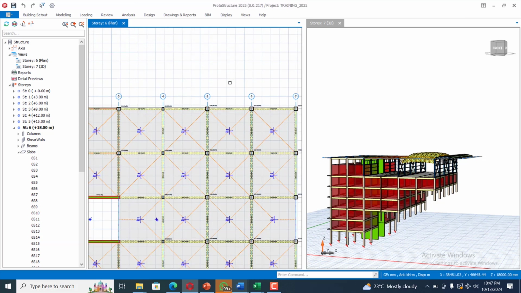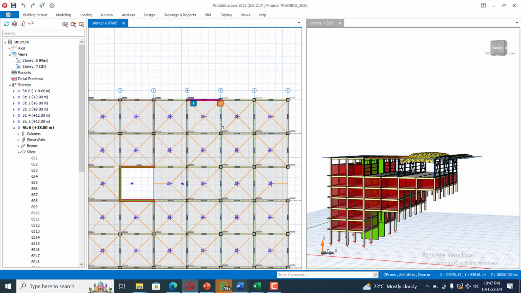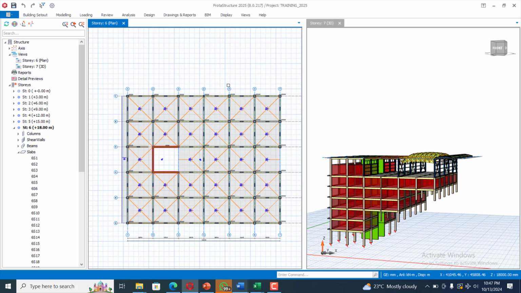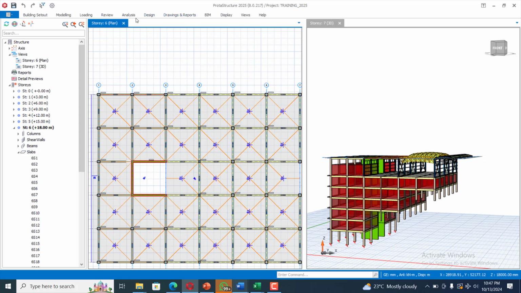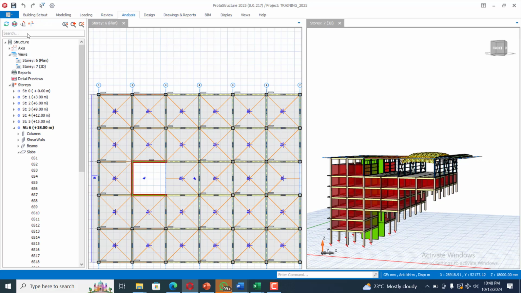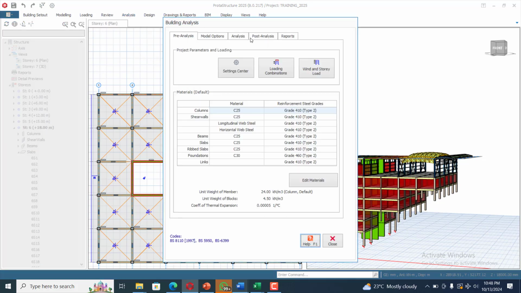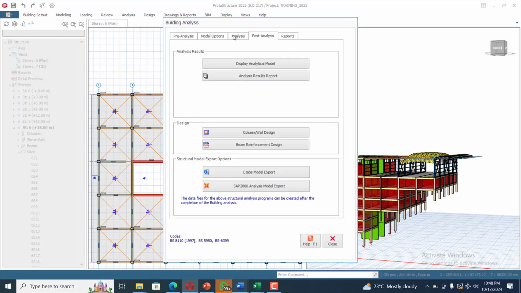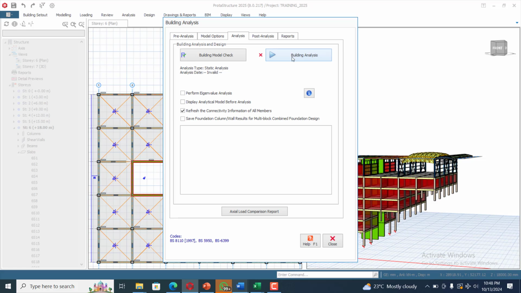This makes your work way easier. For a very large project, it's difficult to achieve that one by one, so we have been able to do that. I will come back to my building analysis. I just want this to be as brief as possible, so I want to assume that problem has been solved. I will just click on building analysis to analyze my model,